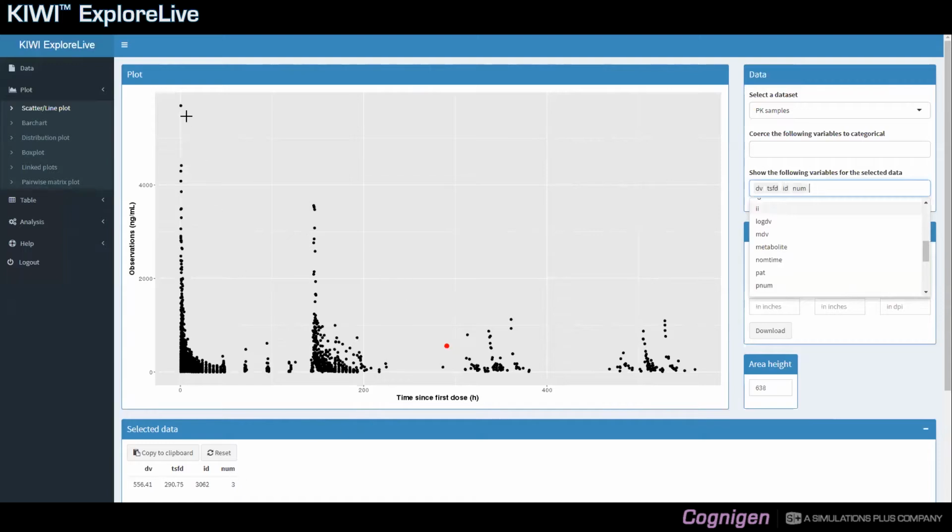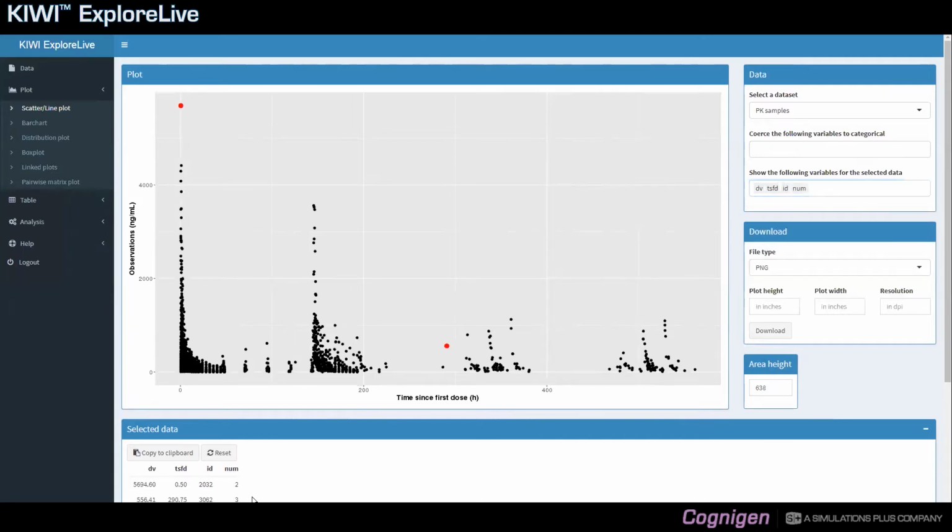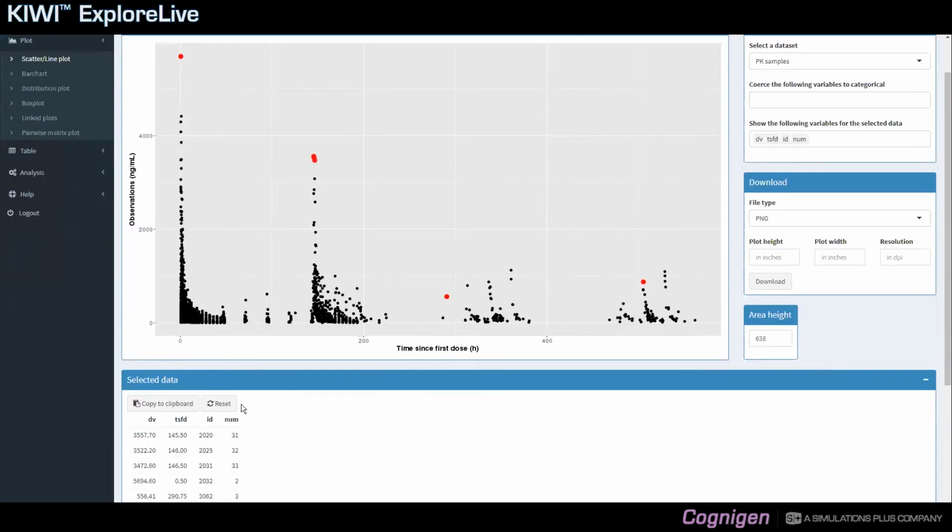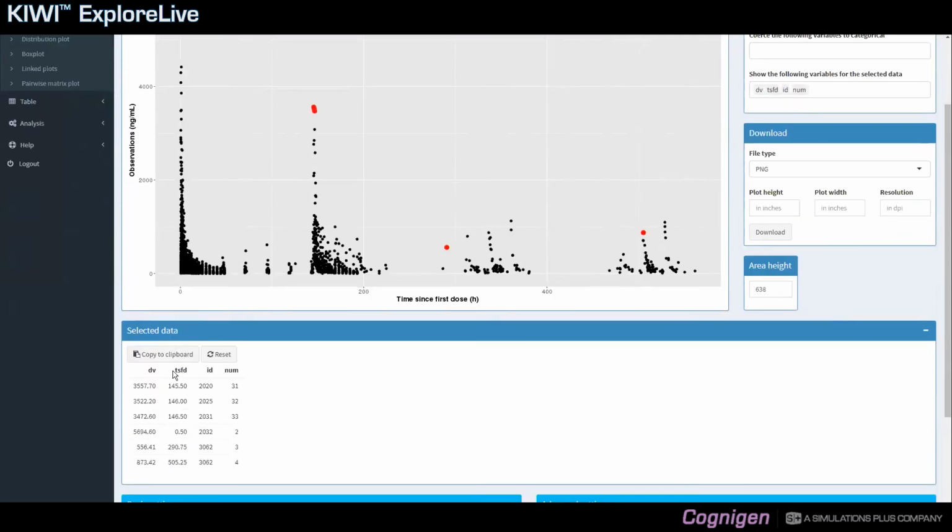You can keep on clicking on data points, and they will just keep on accumulating at the bottom of the table. You can also select data by area, and for that you need to click on the left button of your mouse, keep that button pressed, and then drag your mouse to create that little selection area. Then you release the button, and all these data points will now be selected and reported in the selected data